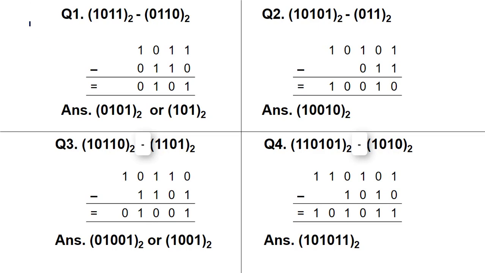Now, the first question is 1011 with a base of 2, and we have to subtract 0110 with a base of 2 from this one. First we have to note down our question in the proper subtraction form. So first we write our first number from the right side, and then we write our second number from the right side. You have to write in such a way that every bit is written separately, and the bits of the second number are written just below the bits of the first number. And then you have to subtract all the bits one by one by using the rules of binary subtraction.